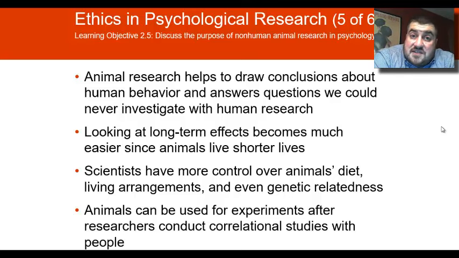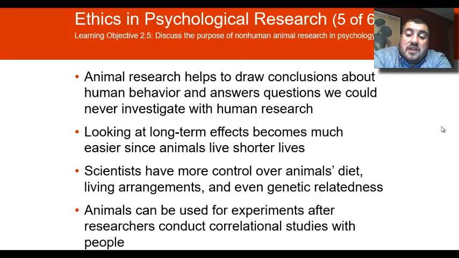One thing that comes to mind is the studying of effects on orphans from their mothers. So if we remove monkeys from their mothers, we can study them, but we can never remove a human baby from their mother to study it and how it would result, what consequences there would be. Animals live much shorter lives, so it's easier to look at long-term effects. Scientists have more control over an animal's diet and basically the laboratory setting that it will be studied in, and